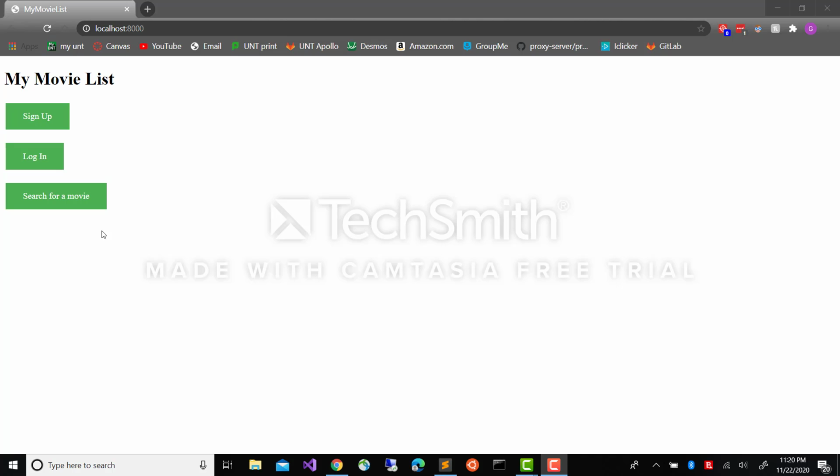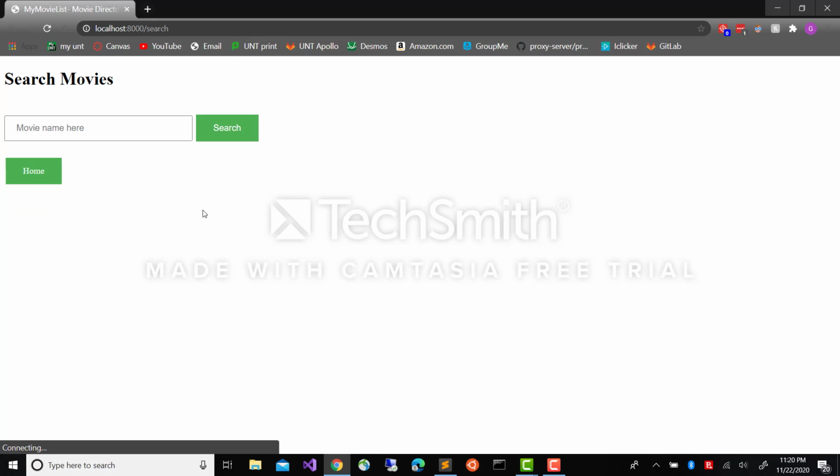The user has several options: create an account or use the web app without having an account. Let's use the web app without an account first, and then I'll take you to the account creation. If we hit that button, we're taken to this tab where we can input the name of a movie. Let's say